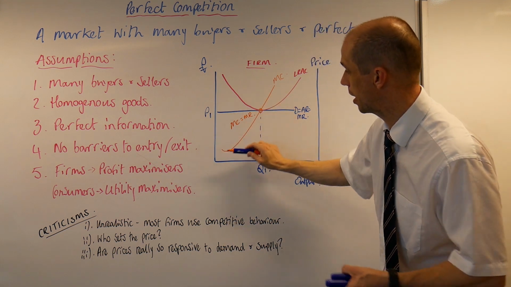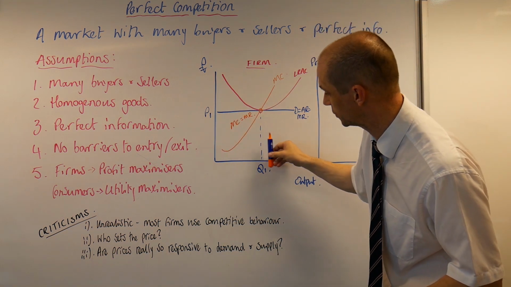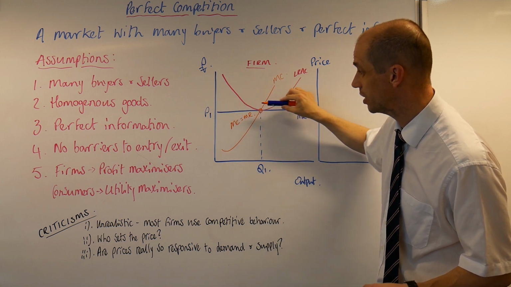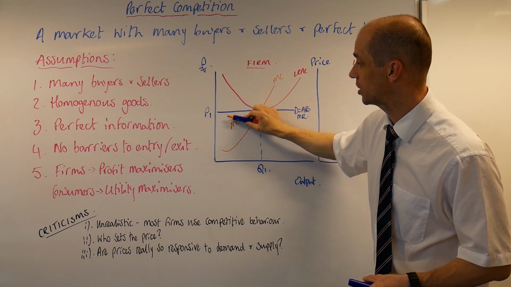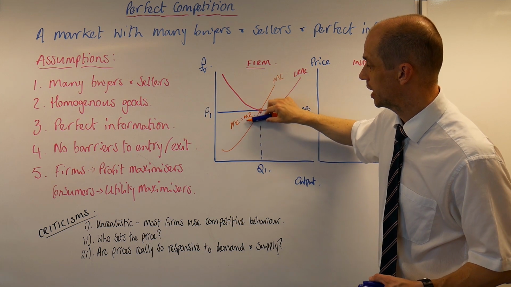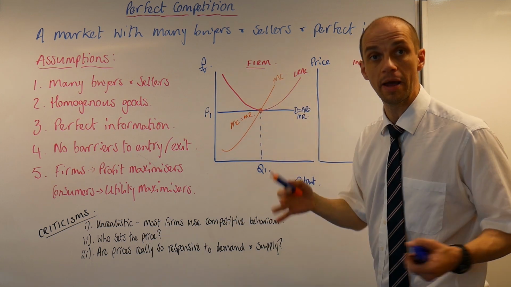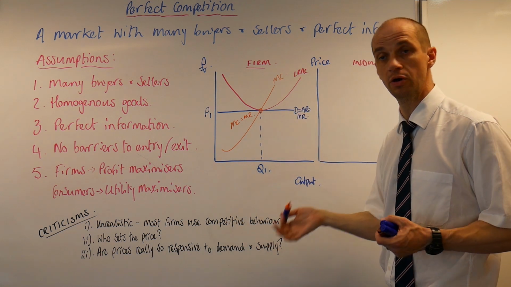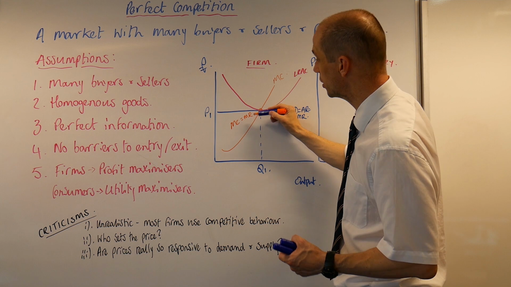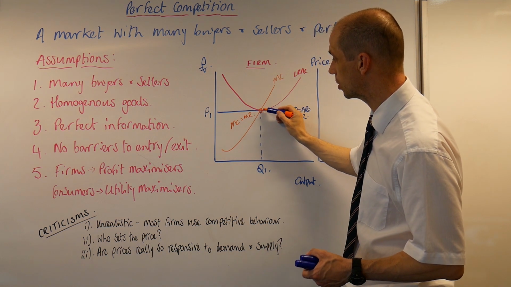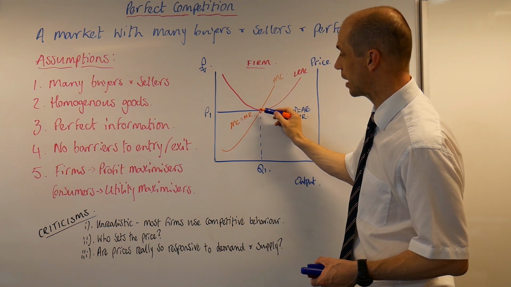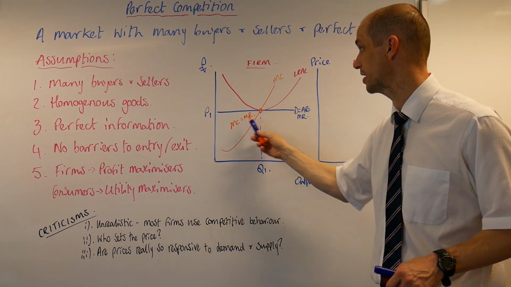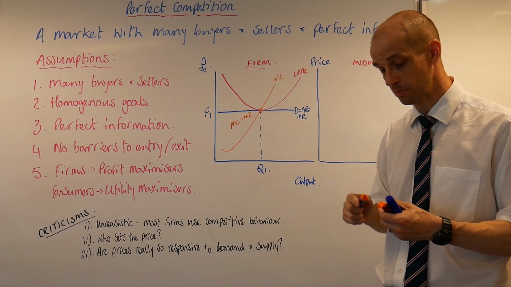Now, in this level of output to the left-hand side here, we can see that marginal revenue is greater than marginal cost. As such, all of this area is an area where marginal revenue is greater than marginal cost and will contribute to the firm's overall profitability. And you can see they squeeze out that last additional unit of output to the point where MC equals MR. So that's really important in understanding that profit maximization point.